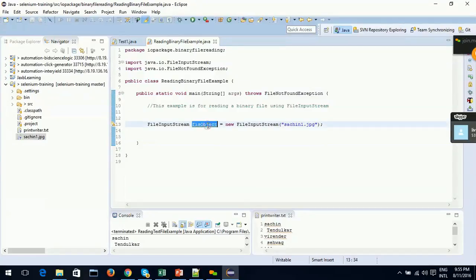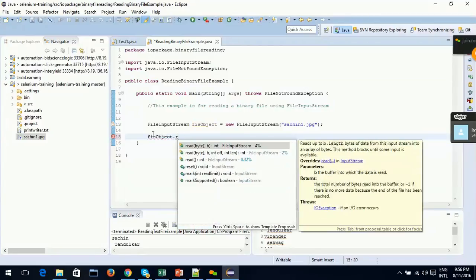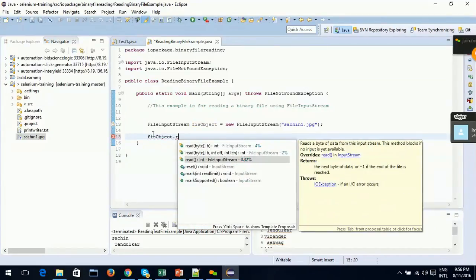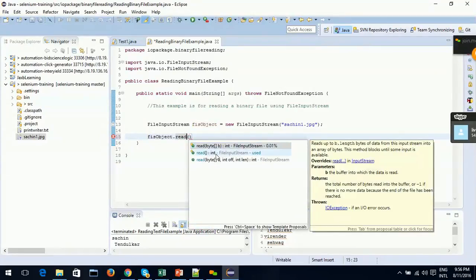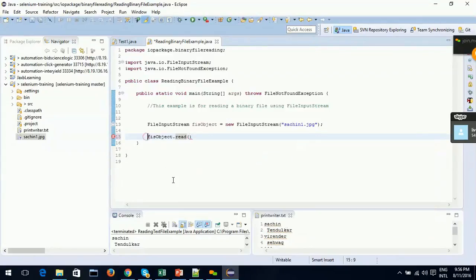Now FIS object dot read. So there is no readLine method because this is not a character file. This is just a binary file. So it has only the read method. So read. Okay. What does this read method return? This read method returns an integer value. I will call the integer